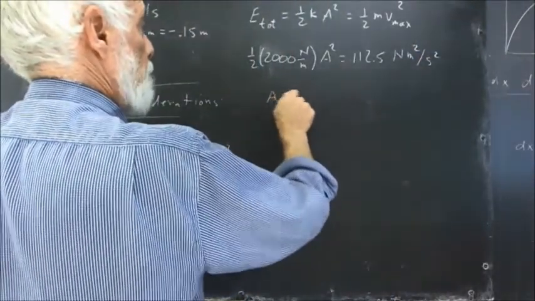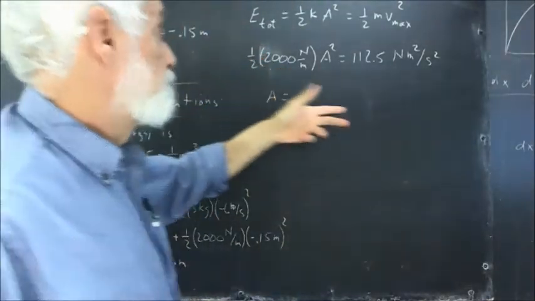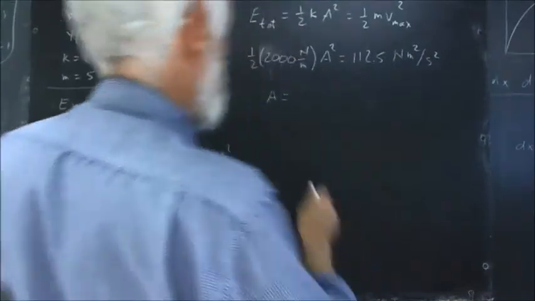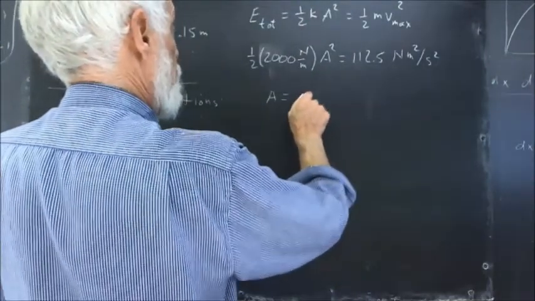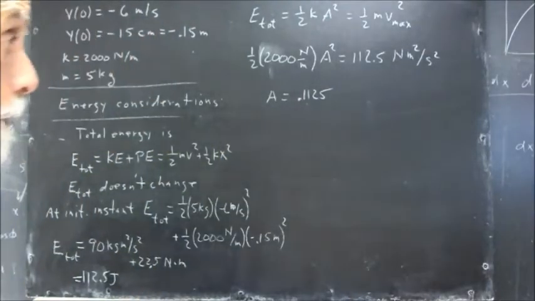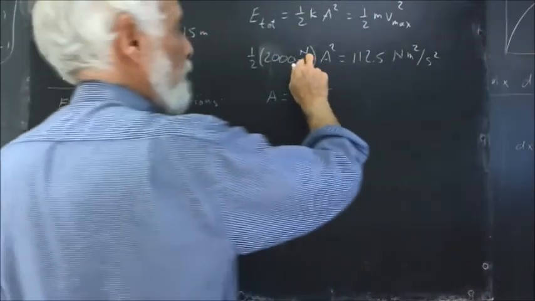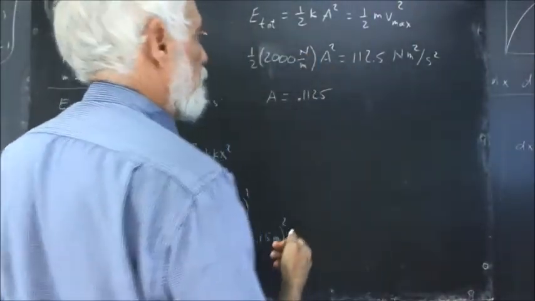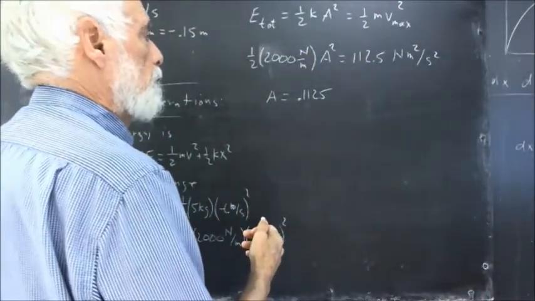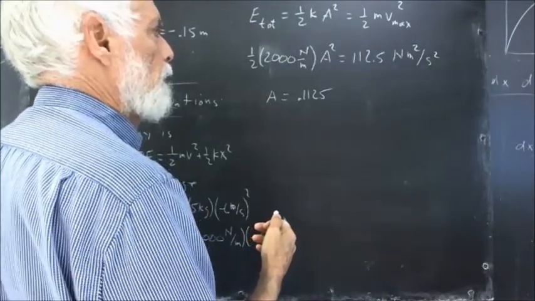So that A is what? Well, half of 2,000 is 1,000. So if we divide both sides by 1,000, we're going to get 0.1125, which is way more significant figures than are appropriate here. And then Newton divided by Newton is going to give us,